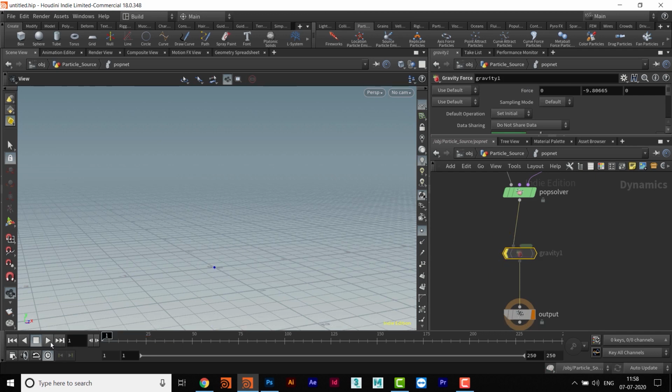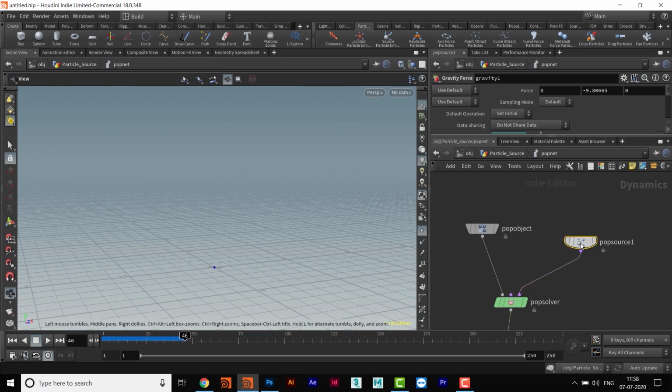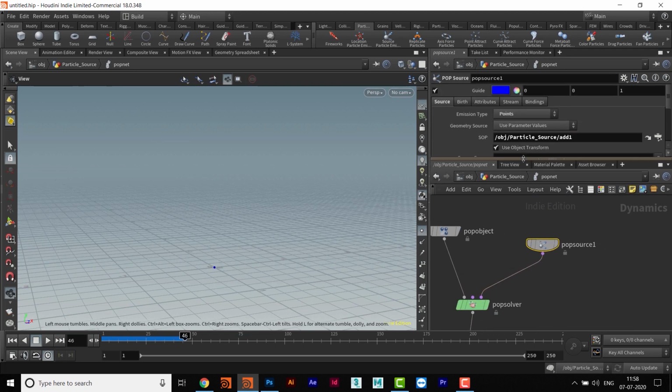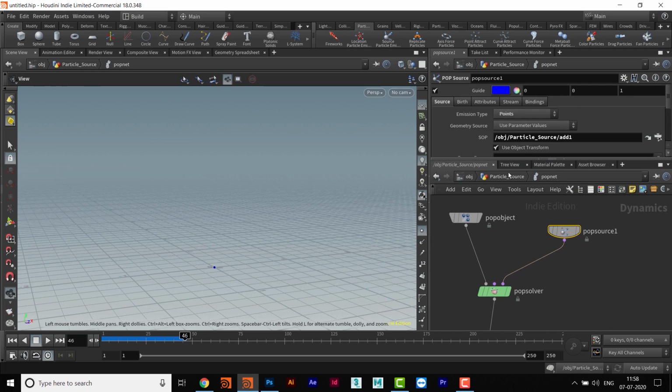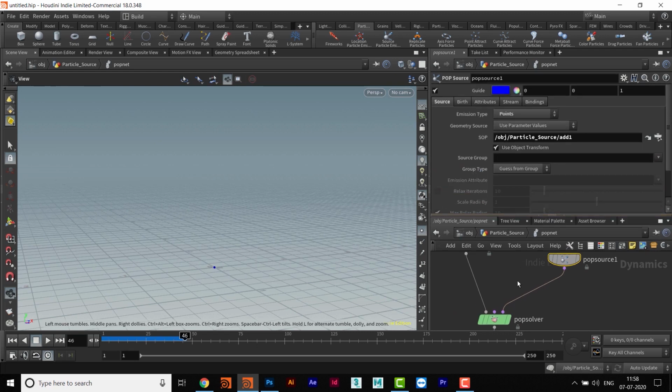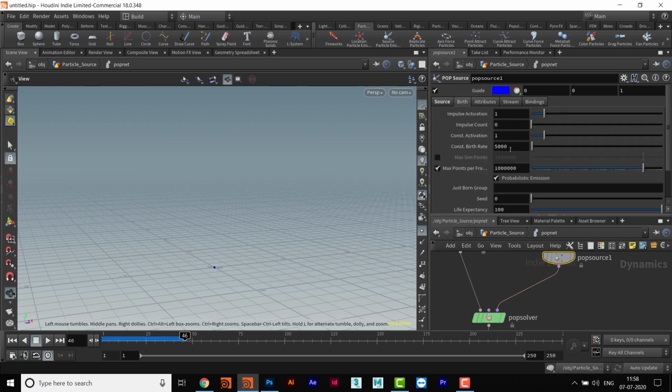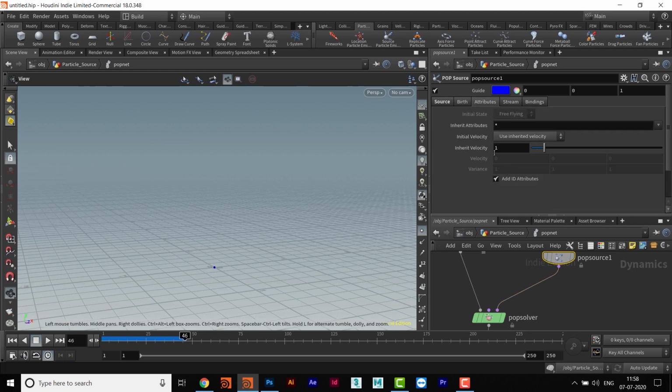Okay, and now what is happening? Nothing will happen. Why? Because no force is being applied on the particles. So even if force is not applied, I'll see, can I give any force from inside, like the velocity we did last time? So I will go in the attributes, and then we'll have to change this value or birth value also. But first of all, we'll have to get into attributes and we'll see this is saying use inherited velocity.